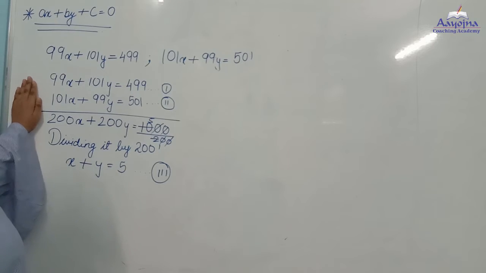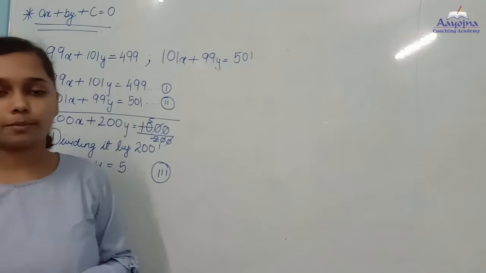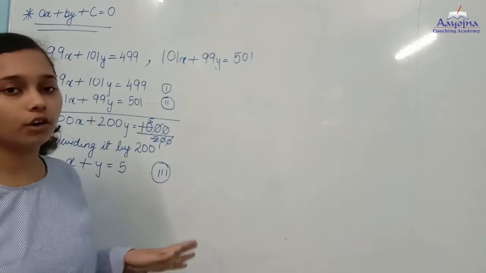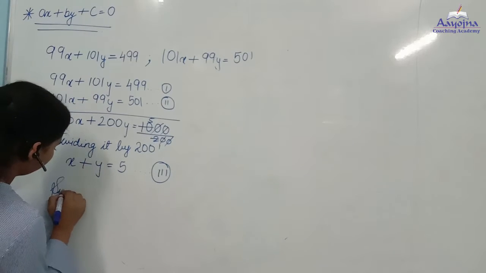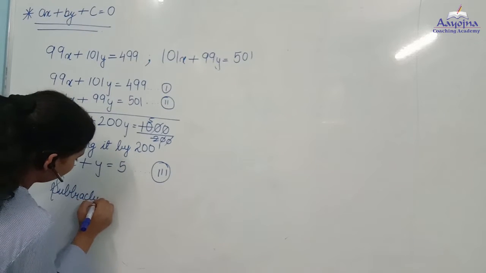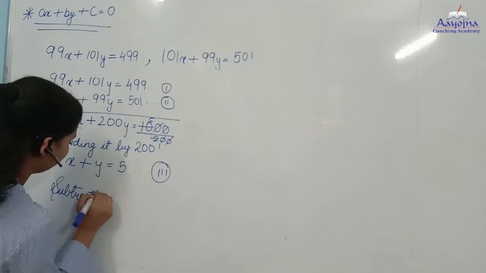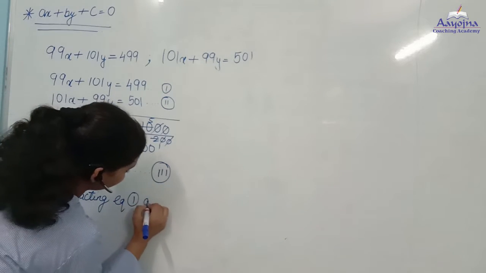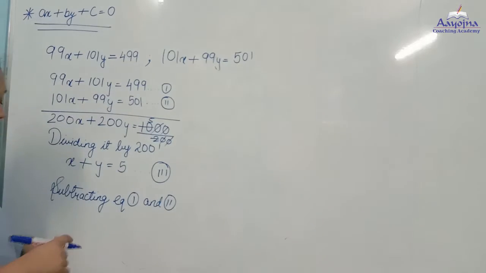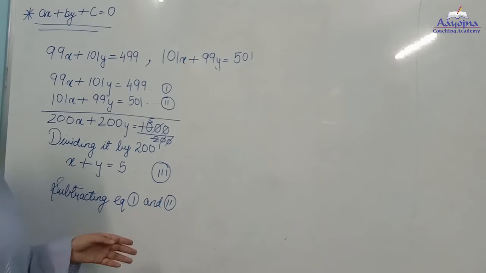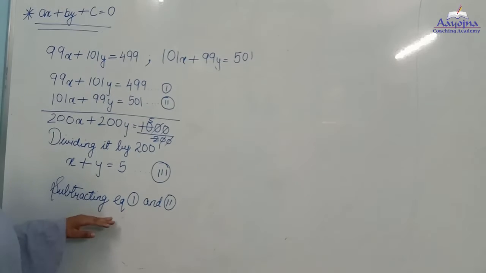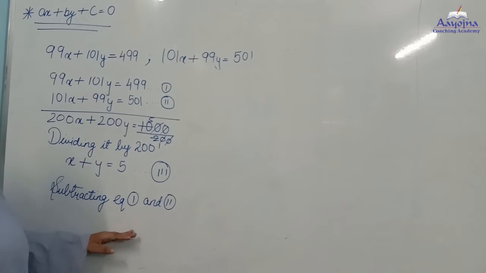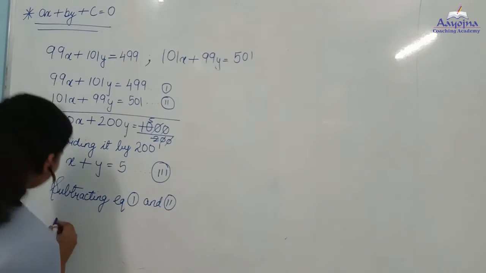Now we will subtract the two equations. The two equations that we will subtract are the first and the second equation, because we have not yet got the fourth one. So let's subtract it. Many of us get confused while writing this because everyone thinks we have to write it from 2 or from 1. So an easy way is subtracting equation 1 and 2. There is nothing wrong in writing this statement, no marks will be deducted for this. Now let's subtract.